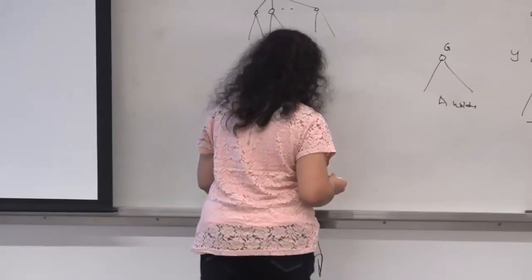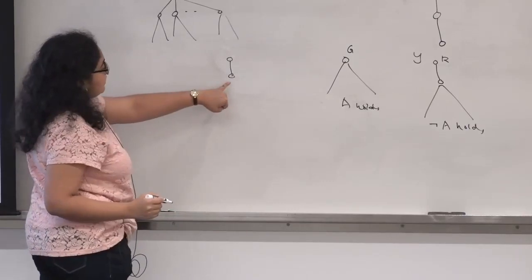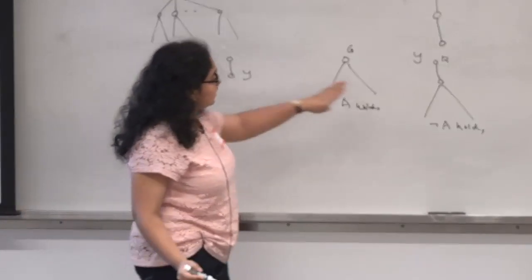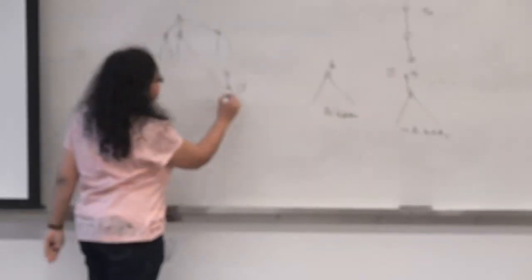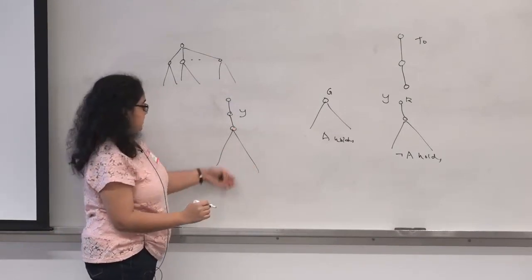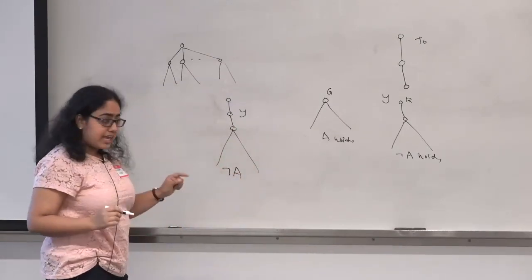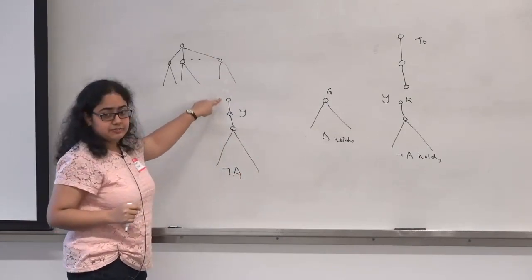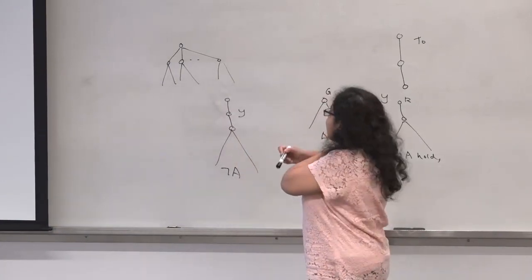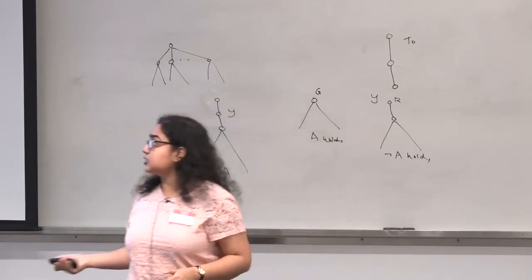So you have the root here. This child is a single child, and this is in color class yellow. But notice that color class yellow means that this vertex has exactly one child, and then this is some subtree coming out of it for which A does not hold. But we don't care because now the root itself is the vertex which has exactly one child and exactly one grandchild. I hope it's visible from there. So once again, this entire tree goes into color class green.